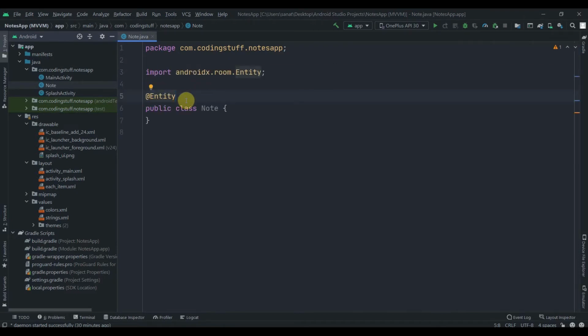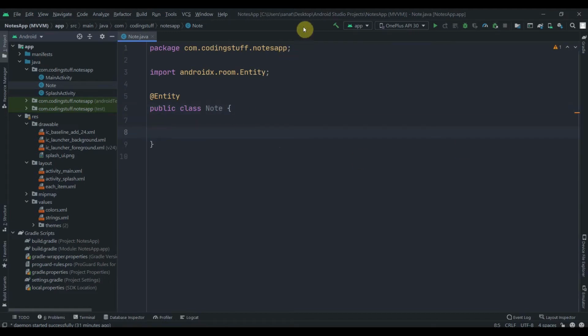So this is a Room annotation, and at compile time this will create all the necessary code to create the SQLite table for this Note object. And we will use lots of annotations in this project because this is how Room hides all the boilerplate code from us that we were used to writing in the SQLiteOpenHelper class. If you remember, I have created a tutorial series on SQLite database. So if you want to watch it, a link is in the I button and also in the description box.